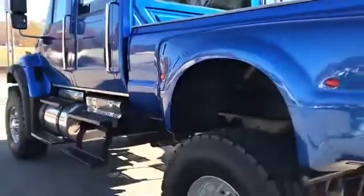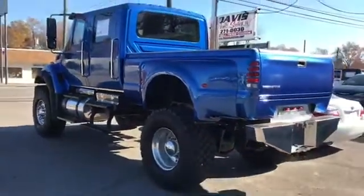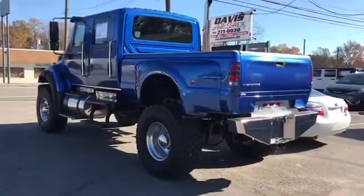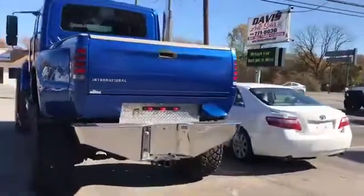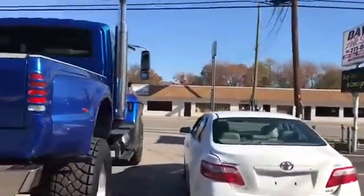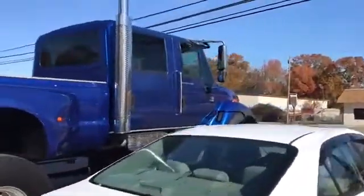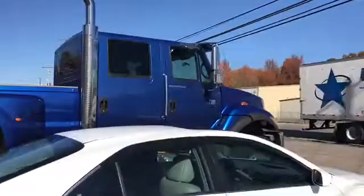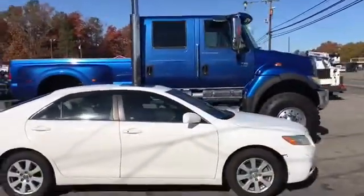Quick truck, and believe it or not, we have sold quite a few of these over the years, and a lot of people do use them as everyday drivers. Of course, their main purpose was to be a big show-off truck with capability to tow a big boat, big camper, big race car trailer. They are still pretty enjoyable as a normal vehicle, and it is nice to brag that you have the biggest